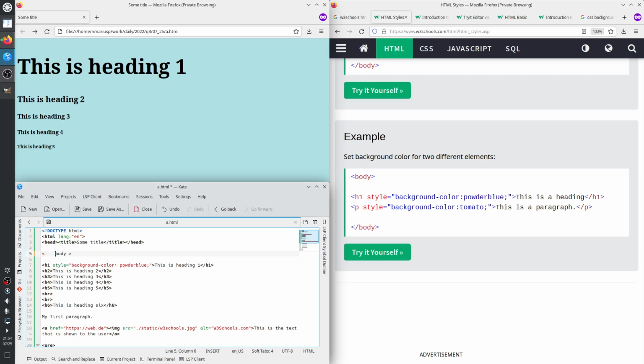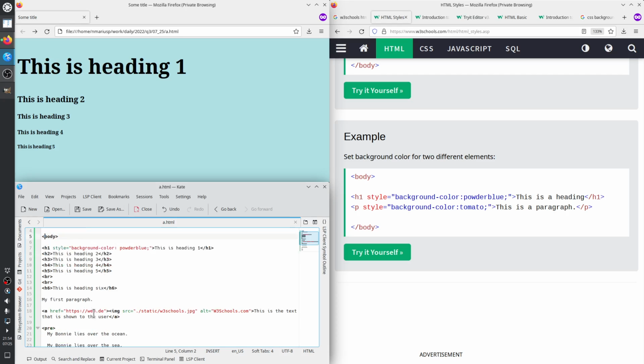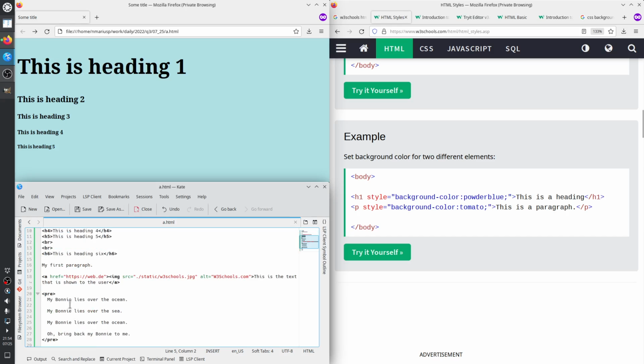So if I see spaces in the wrong place, I delete them. Control S. Okay, so now H1 will have the background powder blue,